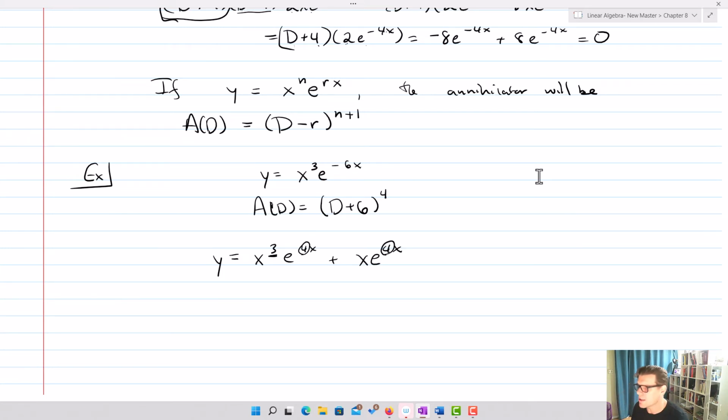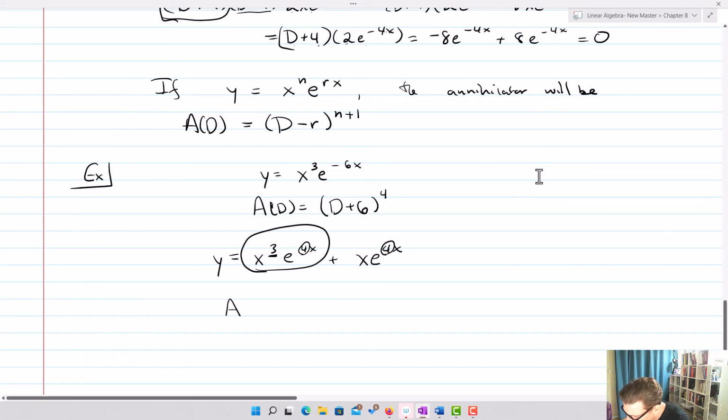So our annihilator is going to be exactly the same as it would be if it was just this function here. So our A of D is going to end up being (d minus 4) to the